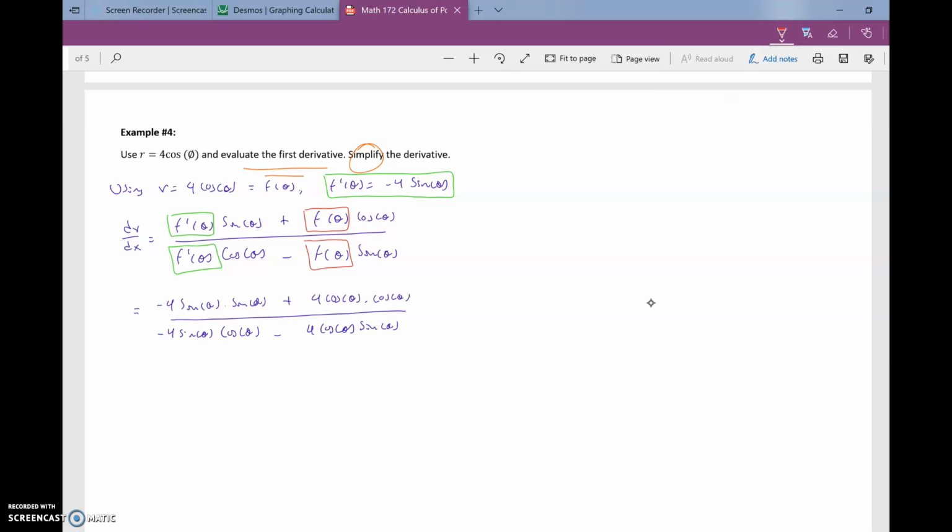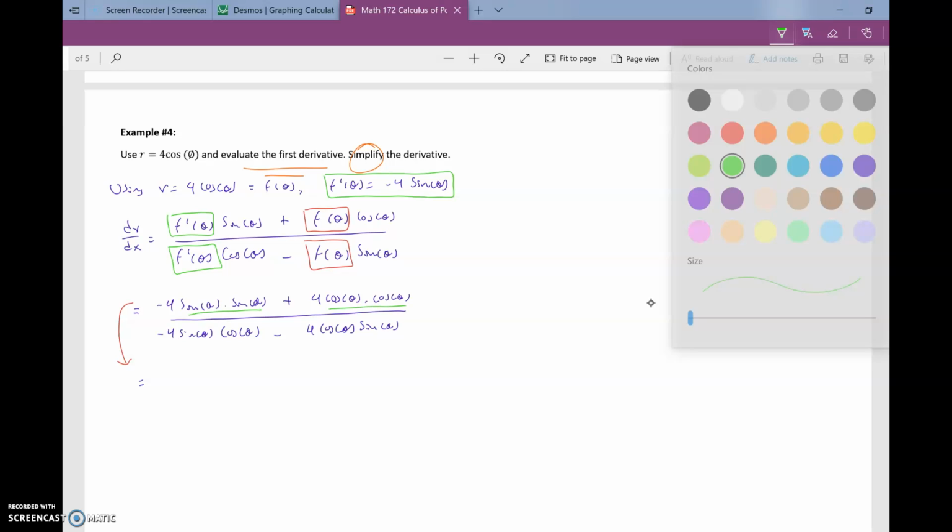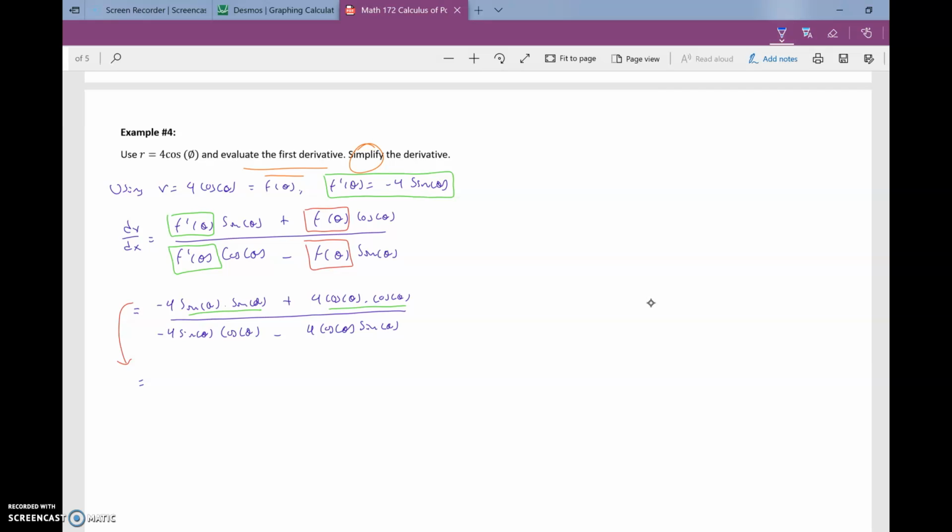Okay, so let me take this to the next step, and on the top you can actually combine the sines and combine the cosines. So our numerator is going to simplify a little bit. We're looking at a negative 4 sine squared of theta plus a 4 cosine squared of theta over